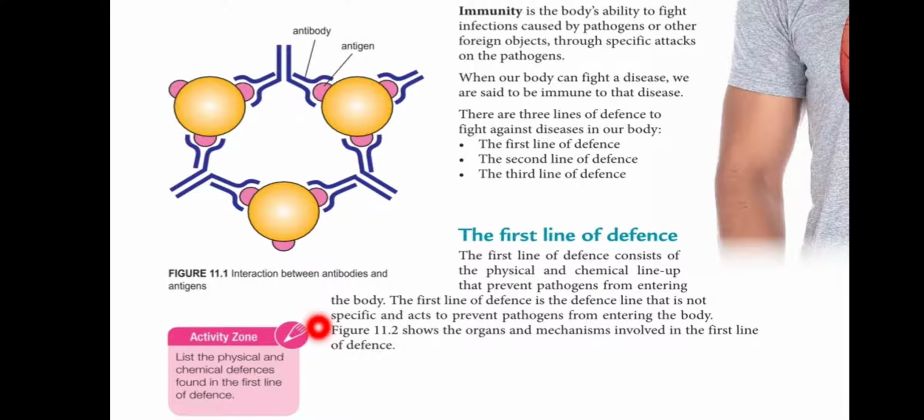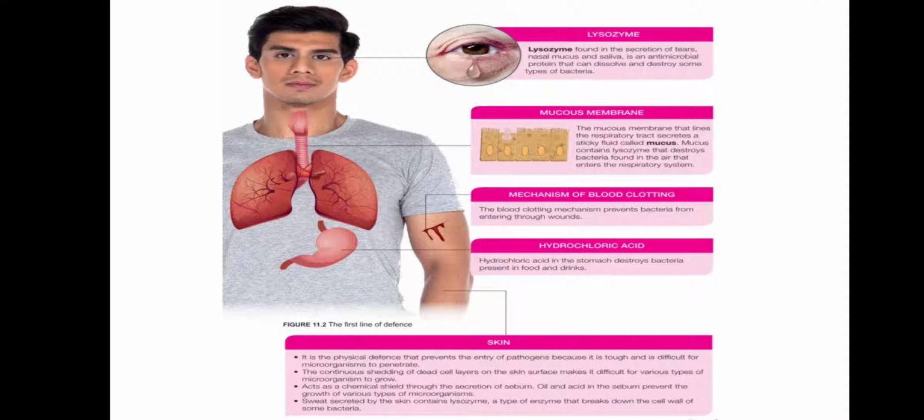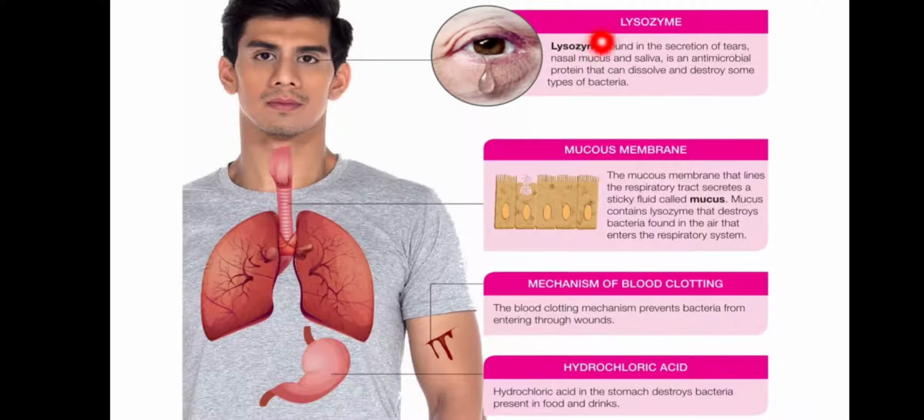Okay, dia tidak spesifik. For example, jenis pathogen jenis A dia punya pertahanan begini. Tidak. This is not specific. So dia punya defense itu sama sahaja untuk semua jenis patogen. Faham ah? Okay. So kita ada beberapa contoh. Okay, this is lysozyme, mucous membrane di sini. This is blood clotting. Ini adalah stomach, hydrochloric acid in stomach, and also our skin. So kita tengok satu-satu. The first one here is lysozyme.